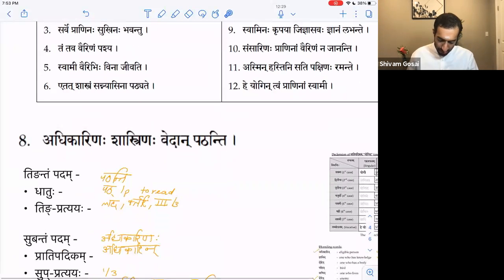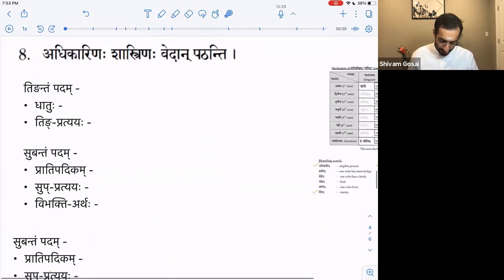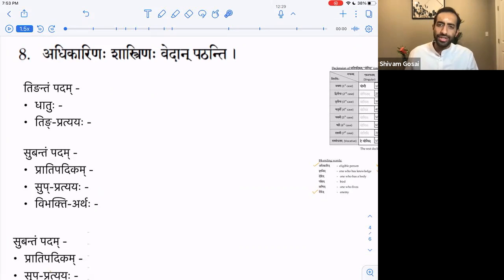So I started with number 8. Adhikarinaha shastrinaha vedan patanti. So we can do this. You can follow along. You don't need to write it, but you can do it in your head with me, right? So we always pick up, right? We always want to pick up our verb first. So you scan through these words here and you'll see the verb. You see it, right? You want to grab it, right? So your verb here,